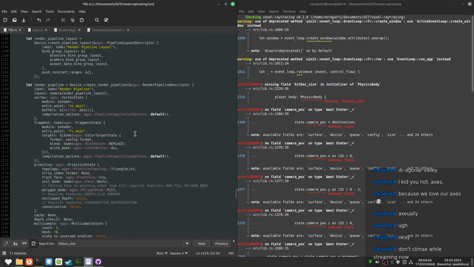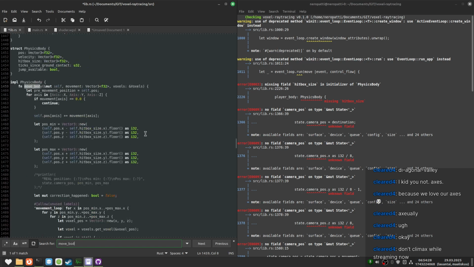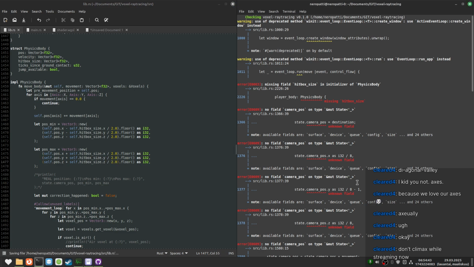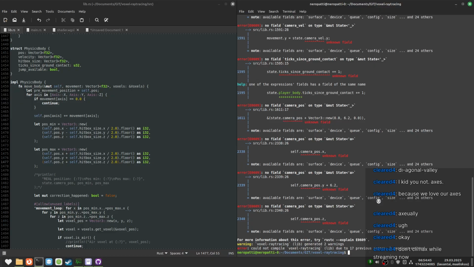And where do we have the movement function? Move body. And we divide by 2 in here. Yes.